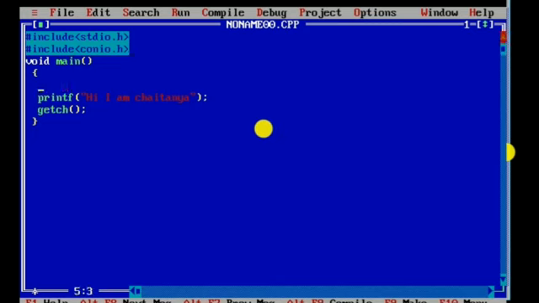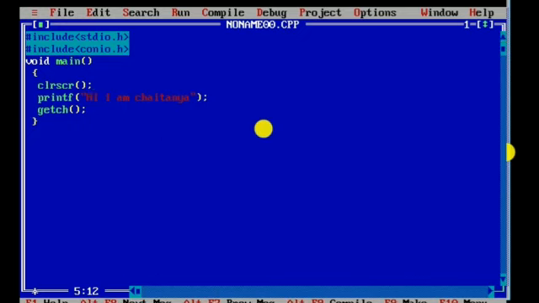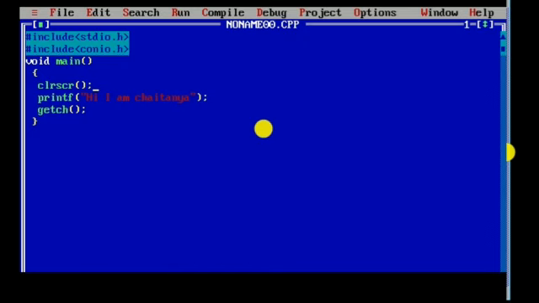These two functions we can use by including the conio.h header file only. Next, execute the program. First compile, then Control F9, then we can directly see the output.